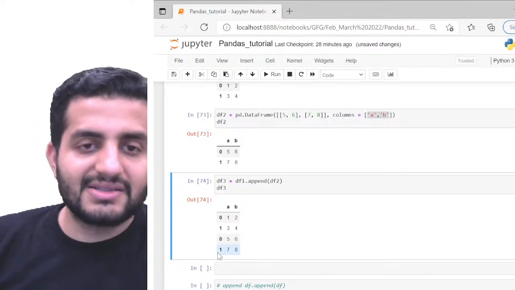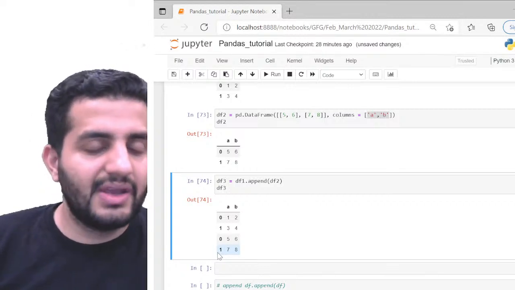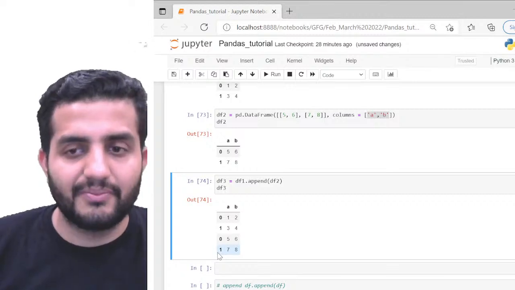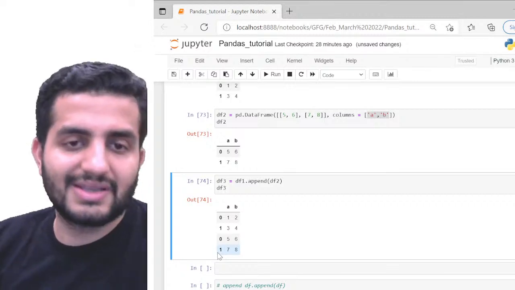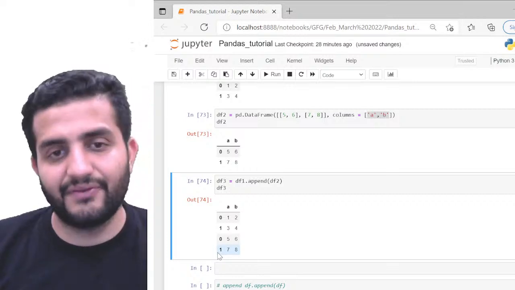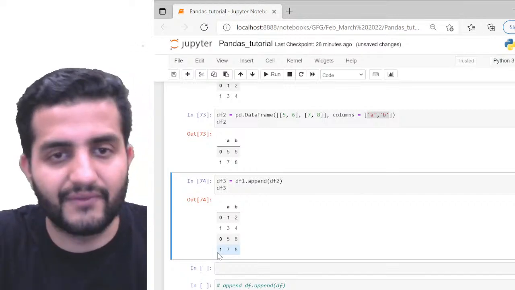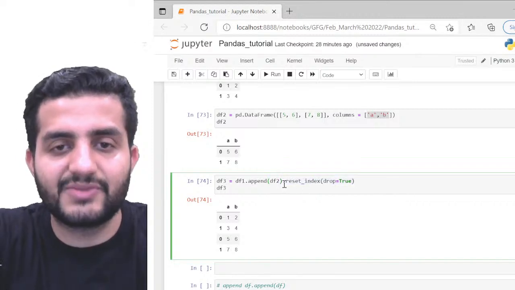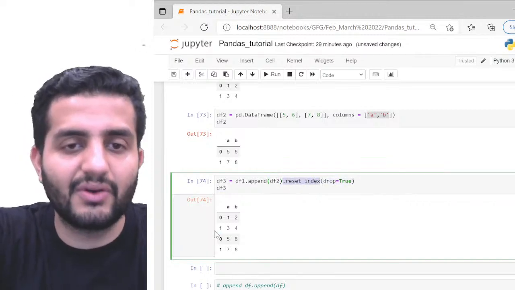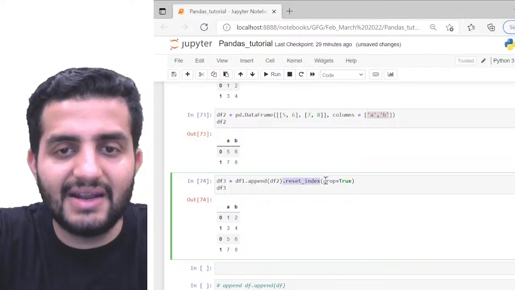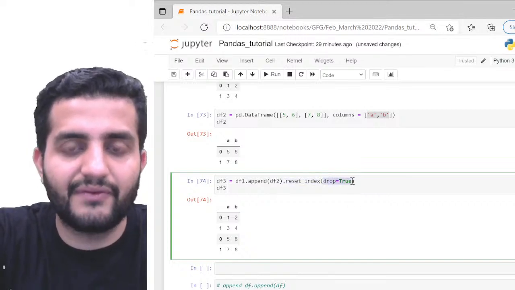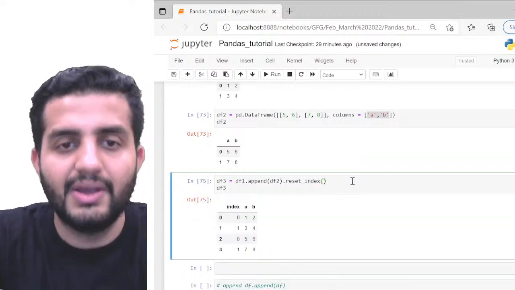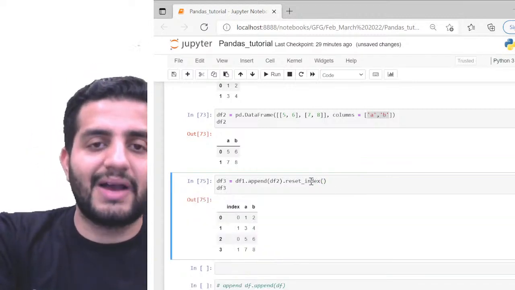Definitely this indexing is wrong, because we have ambiguity: the same index, which is 0, is getting referred to two different rows, which is incorrect. So in this case, we have this functionality reset_index. If we do reset_index, we are going to reset the index. And inside this, I'll show you what will happen if I don't give drop=True for now. So I simply pass .reset_index.